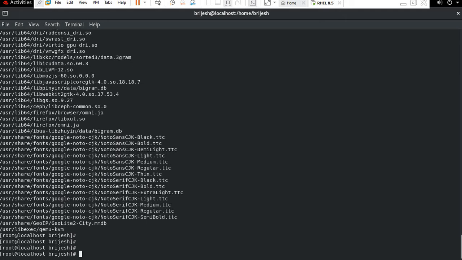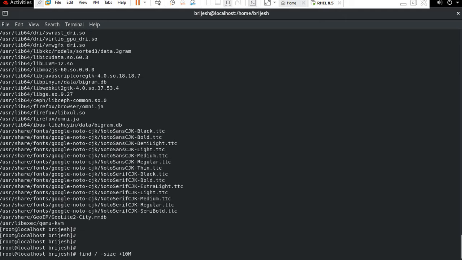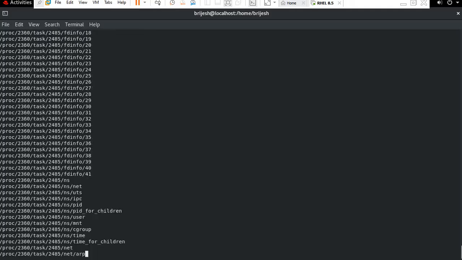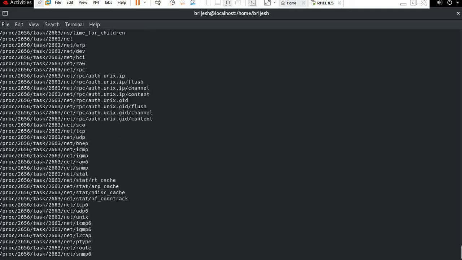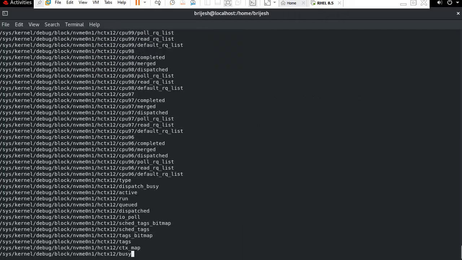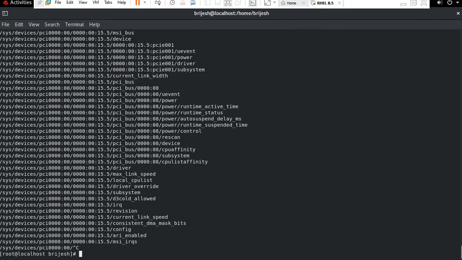Okay, now if you want to find less than, just use minus. Okay, so now it will show all the files less than 10 MB. Okay guys, same way to stop it, just press Ctrl plus C.